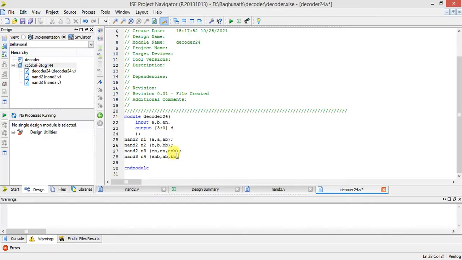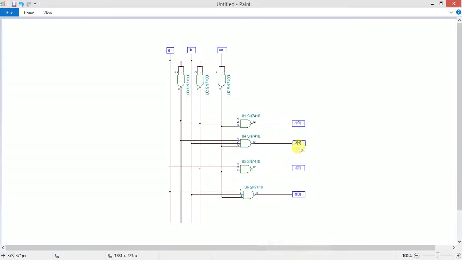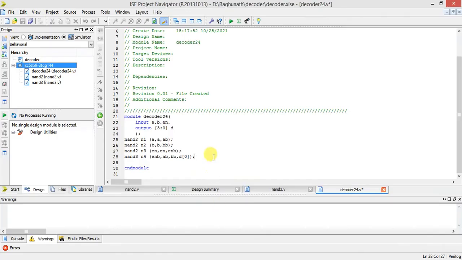So I will write D of square bracket 0, semicolon. The same thing you can copy, because how many gates are there? D1, D2, D3. Still 3 I have to write, so 3 times I will paste.